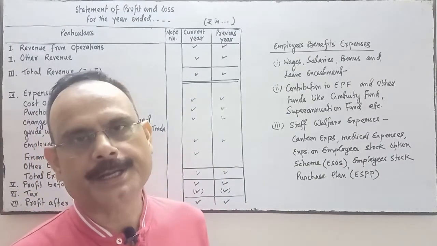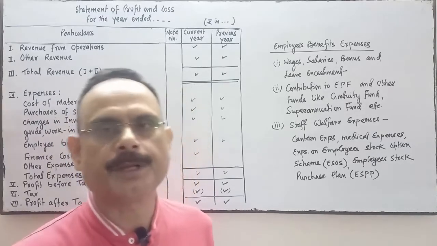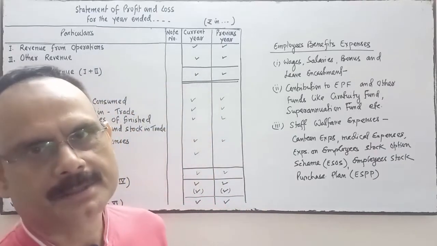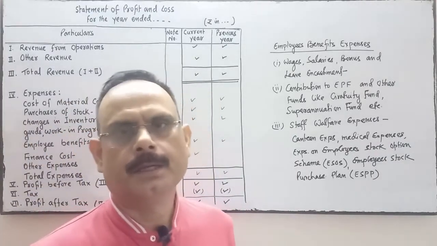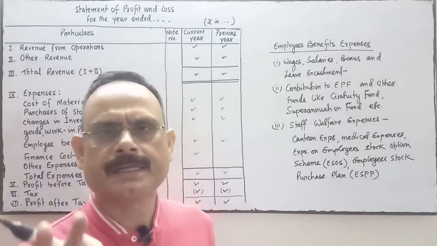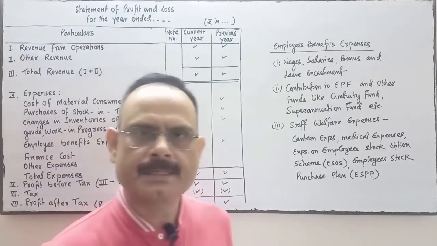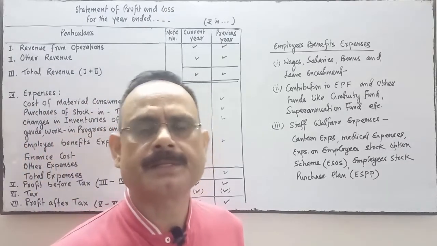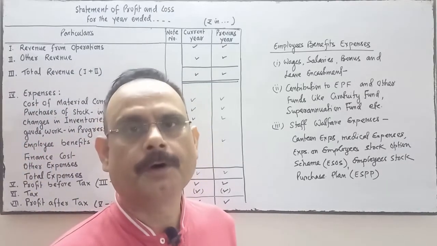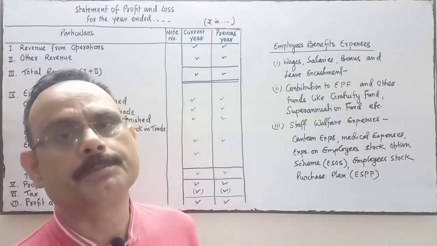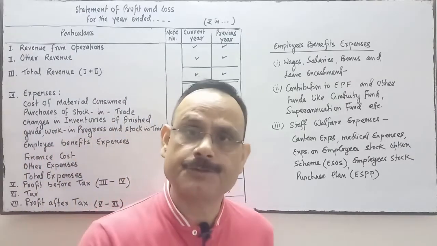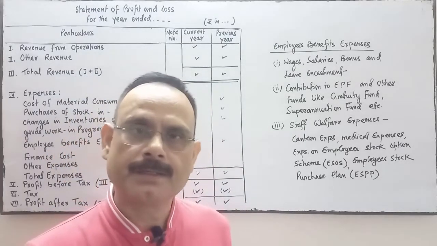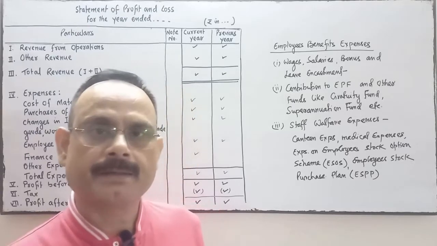It may be salary, wages, bonus, leave encashment, medical expenses, telephone expenses, transportation expenses, whatever expenses the company bears for their employees, that comes under employee benefit expenses. It may be gratuity,